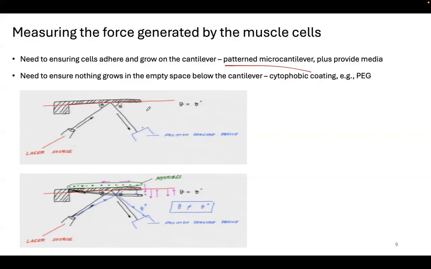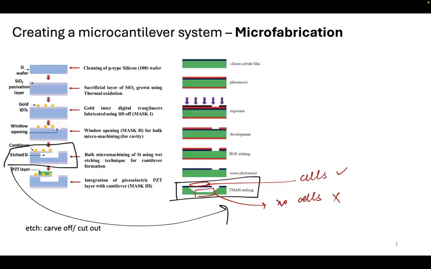And then, of course, you need to have space to provide the media, right? So, for example, imagine there will be taller walls here, so you can fill up this space with media. But then your cantilever is in a media, right? Think about it. If there's a diving board in air versus a diving board in water, how much is it going to deflect? There's going to be some extra buoyancy that the media causes. So again,